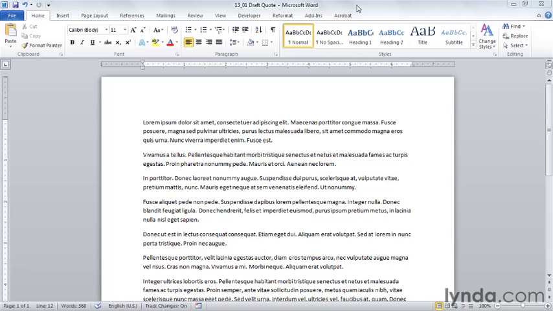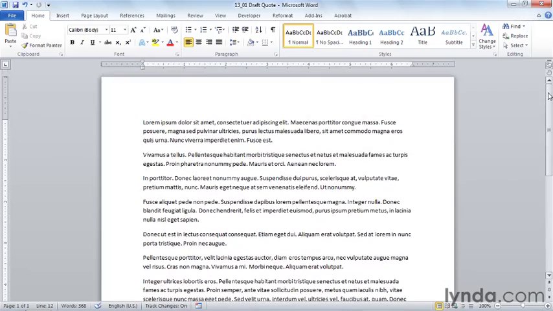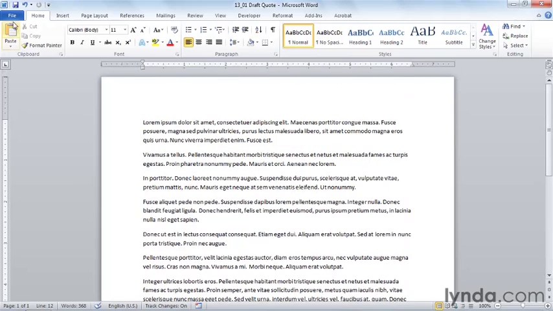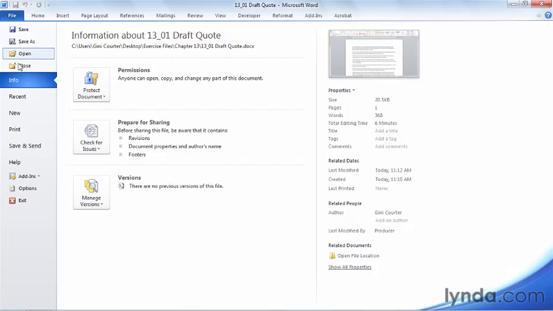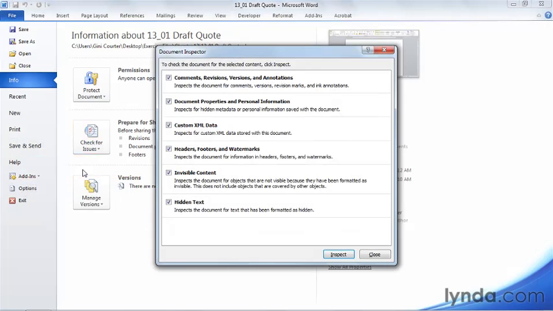For example, here's a document we've been working on that we're ready to send out for a client to look at. The document looks pretty good, but it has some elements that we might want to be concerned about. So I'm going to choose File to go backstage, and on the Info tab, check this document for issues. I'm going to choose Inspect Document to open the Document Inspector dialog box,